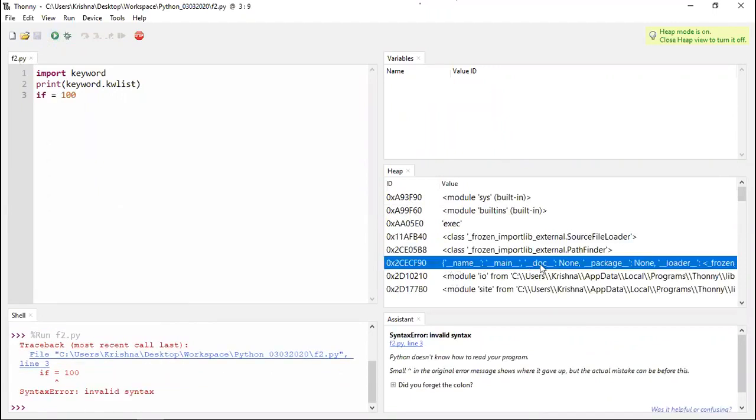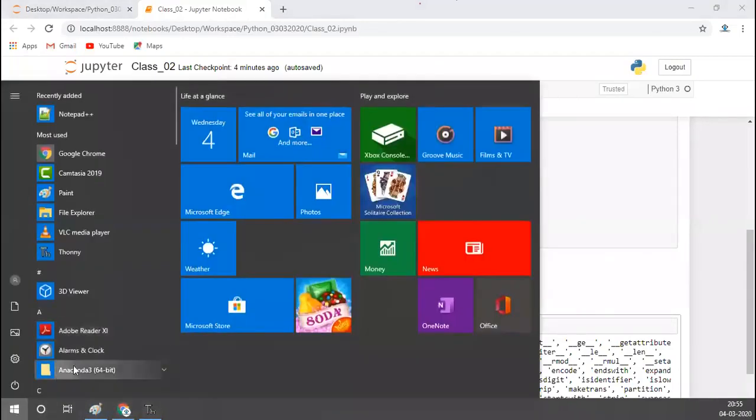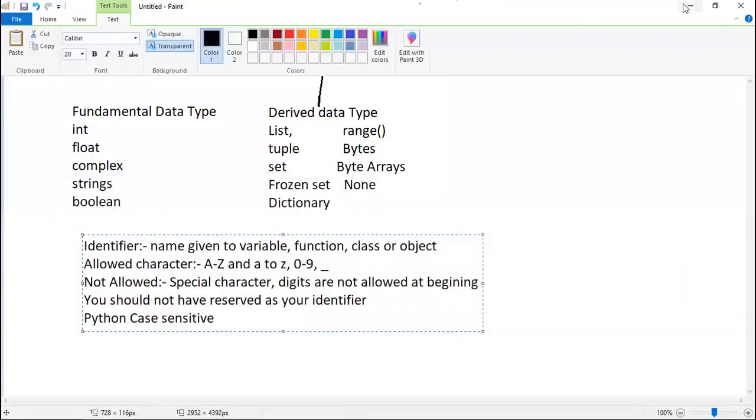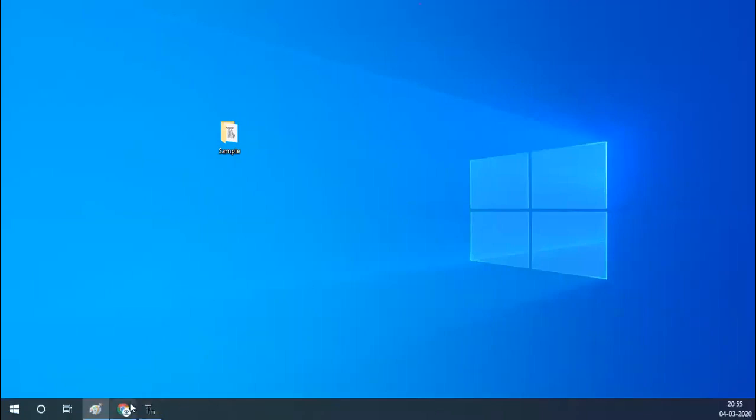This is the value which has been created, but it is not printing here. Let me check with the other one.